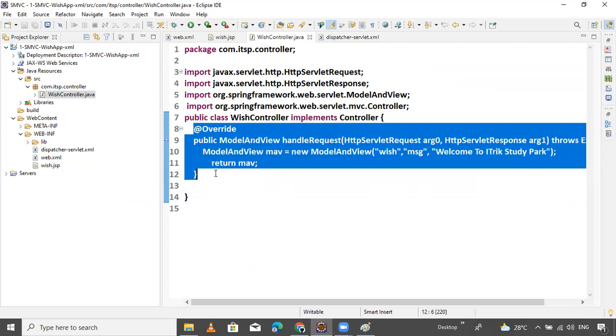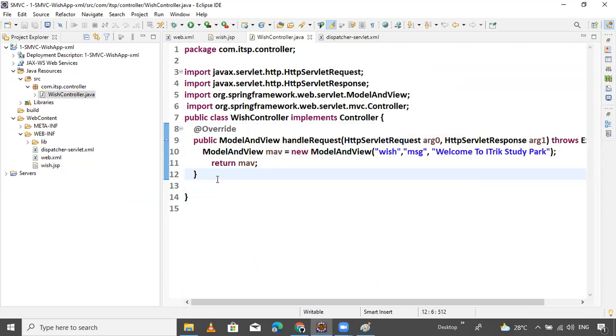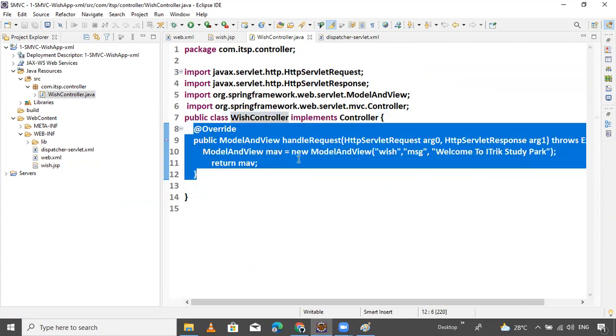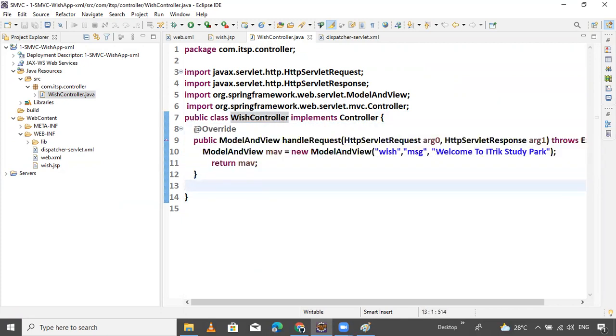The controller class has only one handler request, so only one business logic exists.